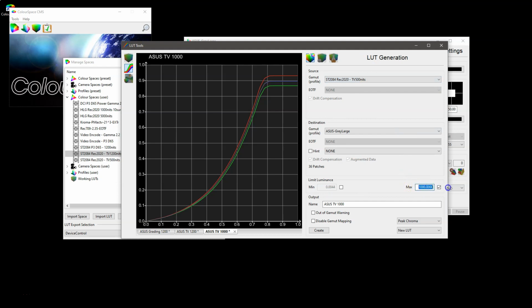But we will leave our actual max at 1200. So the colour space we're aiming for is 500 nits peak, but we're going to actually set to 1200 nits because that's the max the display can do. And if we create this LUT, and we'll change the name and create this LUT,